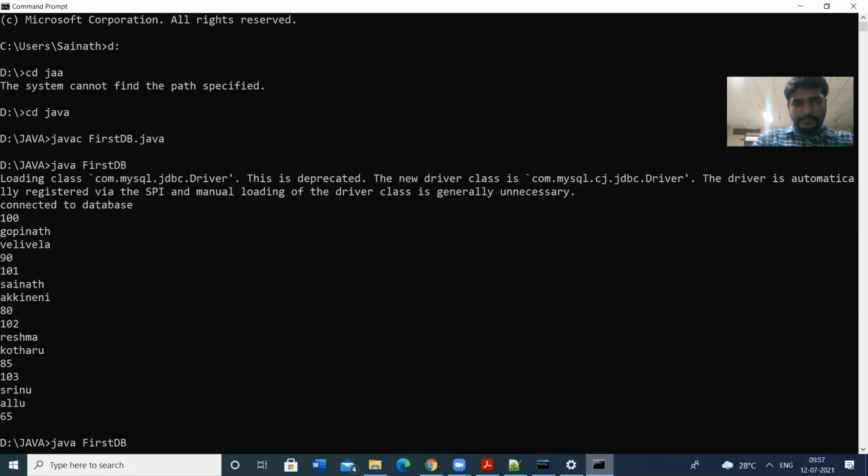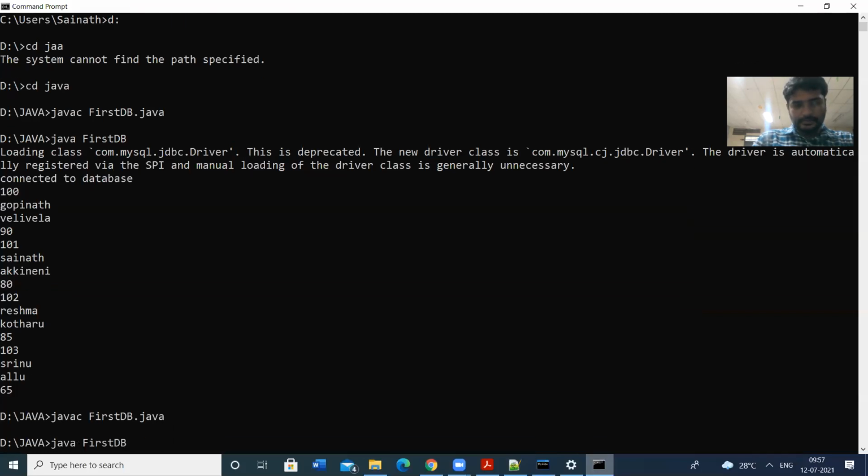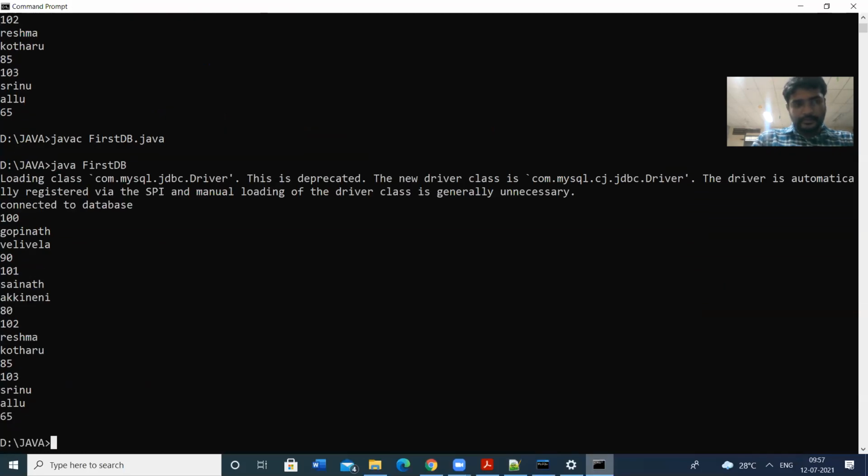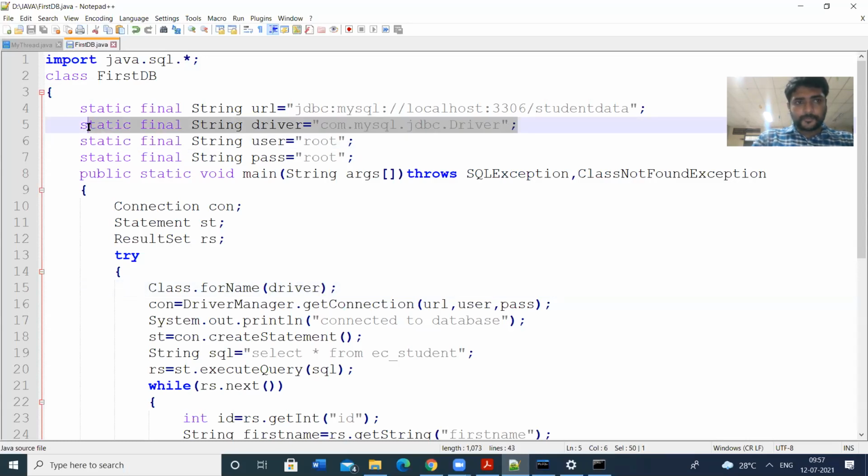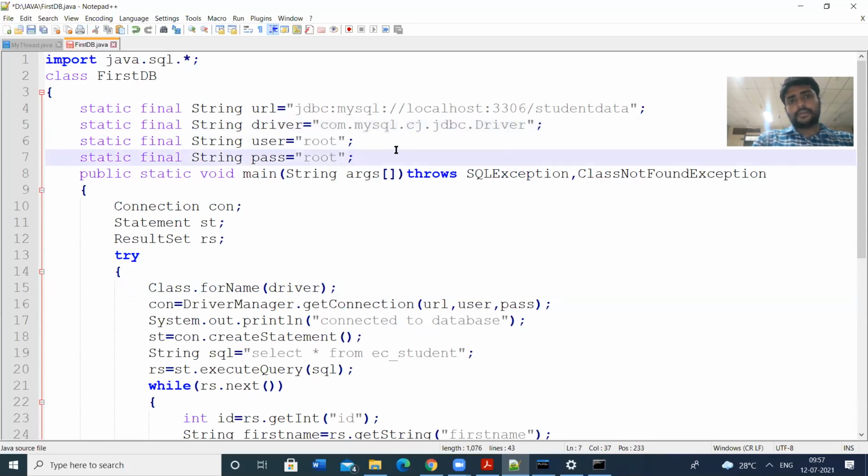Any doubts in this? So copy this one, Control C, and place this as your driver.